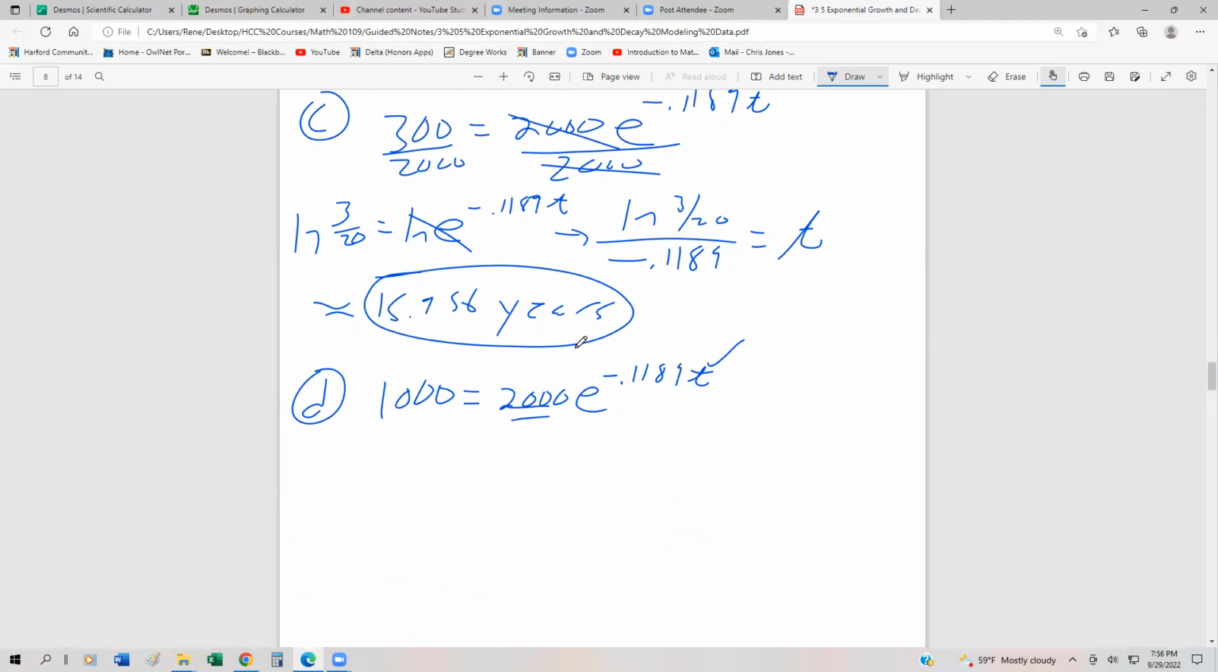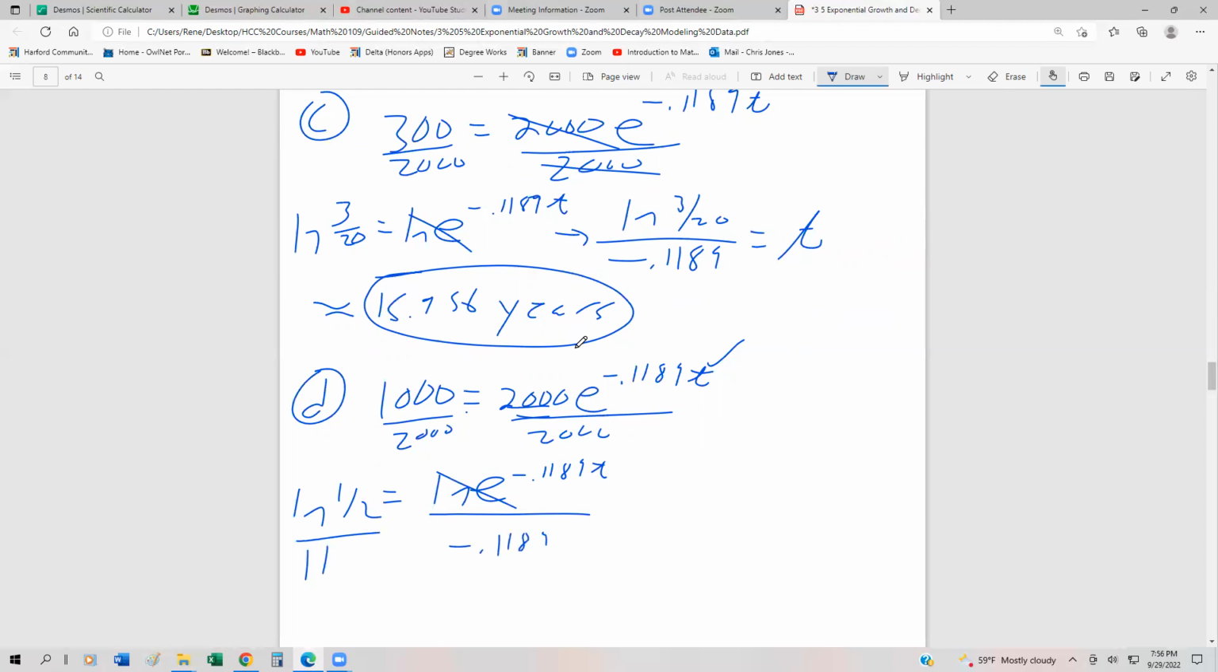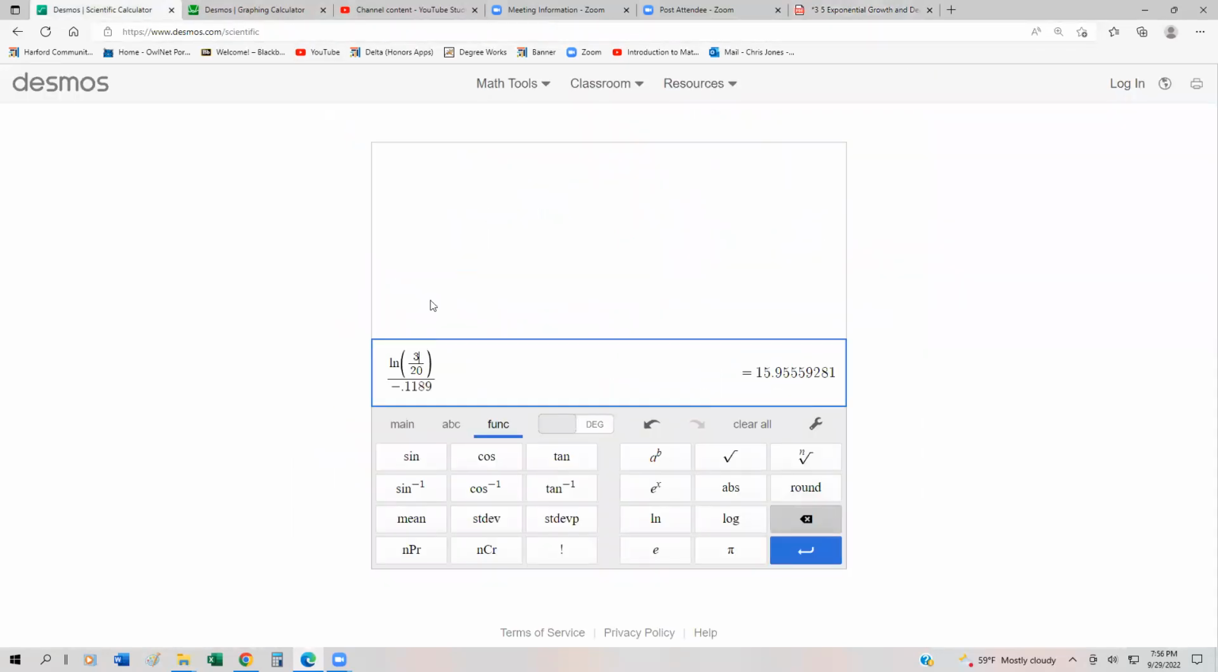So we're going to divide by 2,000. If we divide by 2,000, that's just going to leave us with a half, which is expected since we're trying to find the half-life. That's going to be e to the negative 0.1189t. We take the natural log of both sides. ln's and e's cancel each other out. We're going to divide by negative 0.1189. And that should give us our t. So t is going to be approximately, I'll just change this to 1/2,